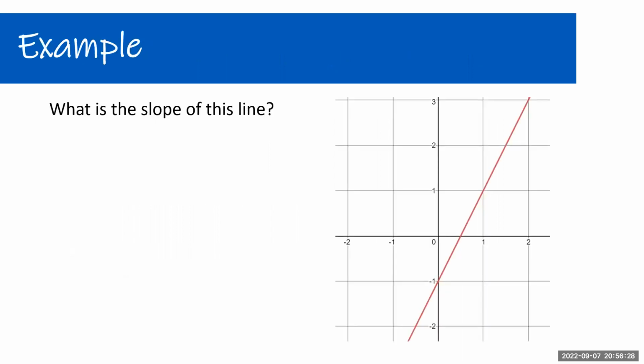Let's look at this for an example. What's the slope of this line? Well, the easiest thing to do is to pick 2 points. I'm going to pick this point right here and this point right here. And I picked these because they intersect at whole numbers. So this is going to be (1, 1), and this is going to be (0, negative